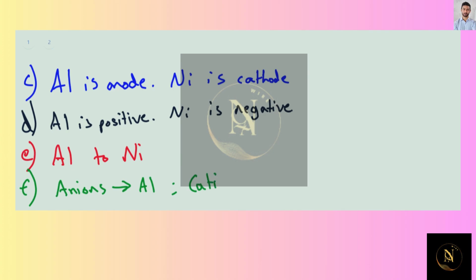And at the cathode, we're consuming cations. So that means the cations need to go to the cathode, or nickel, to